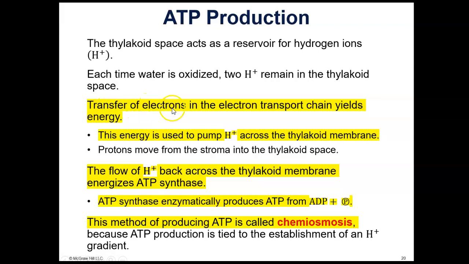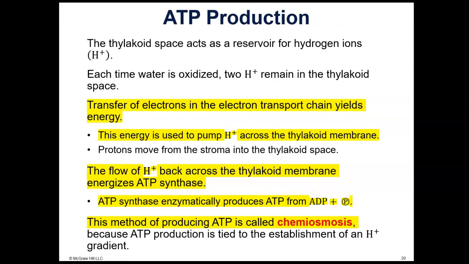The transfer or flow of electrons down the electron transport chain yields energy. The energy from the flow of electrons is used to pump hydrogen across the thylakoid membrane into the space. Then once hydrogen encounters ATP synthase, it has a channel that it can flow through. So it's going to flow back across the thylakoid membrane